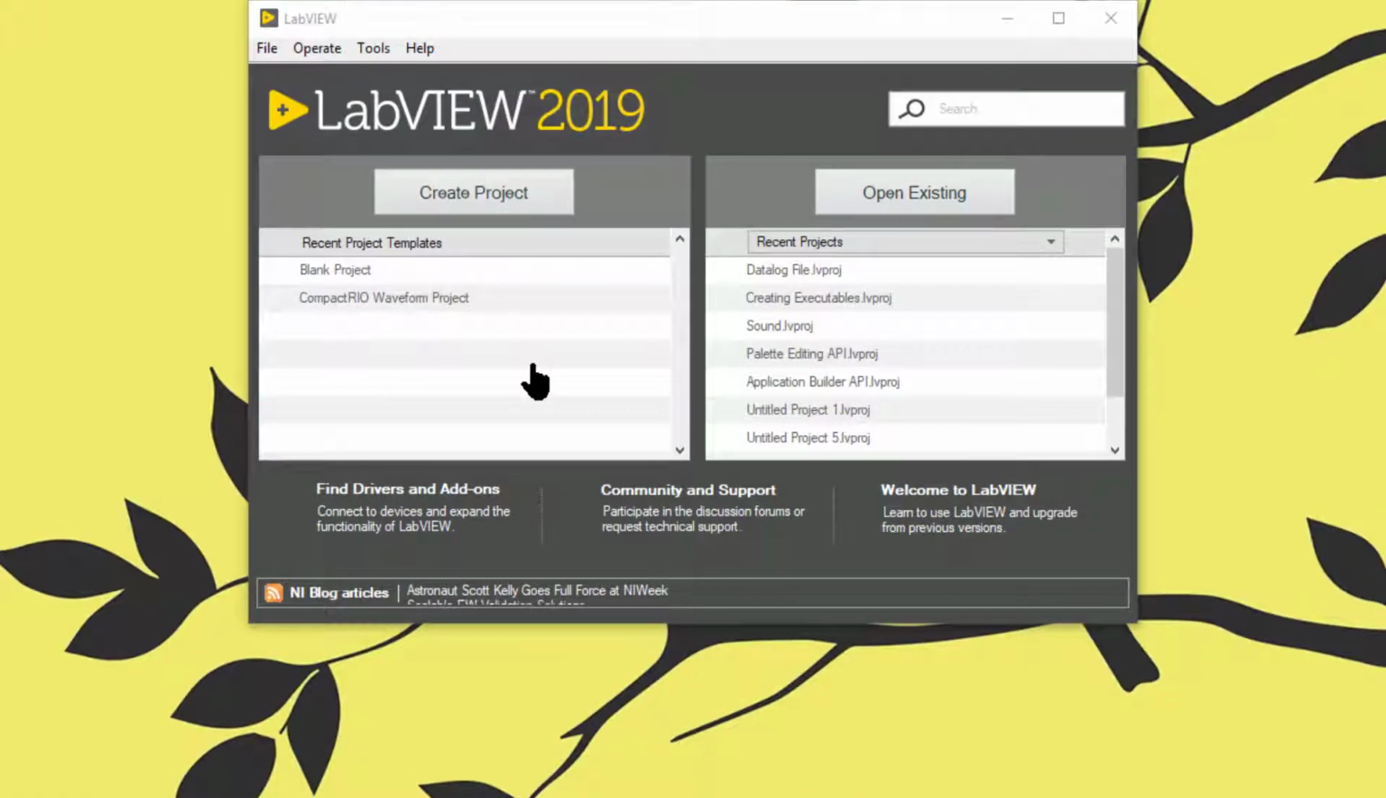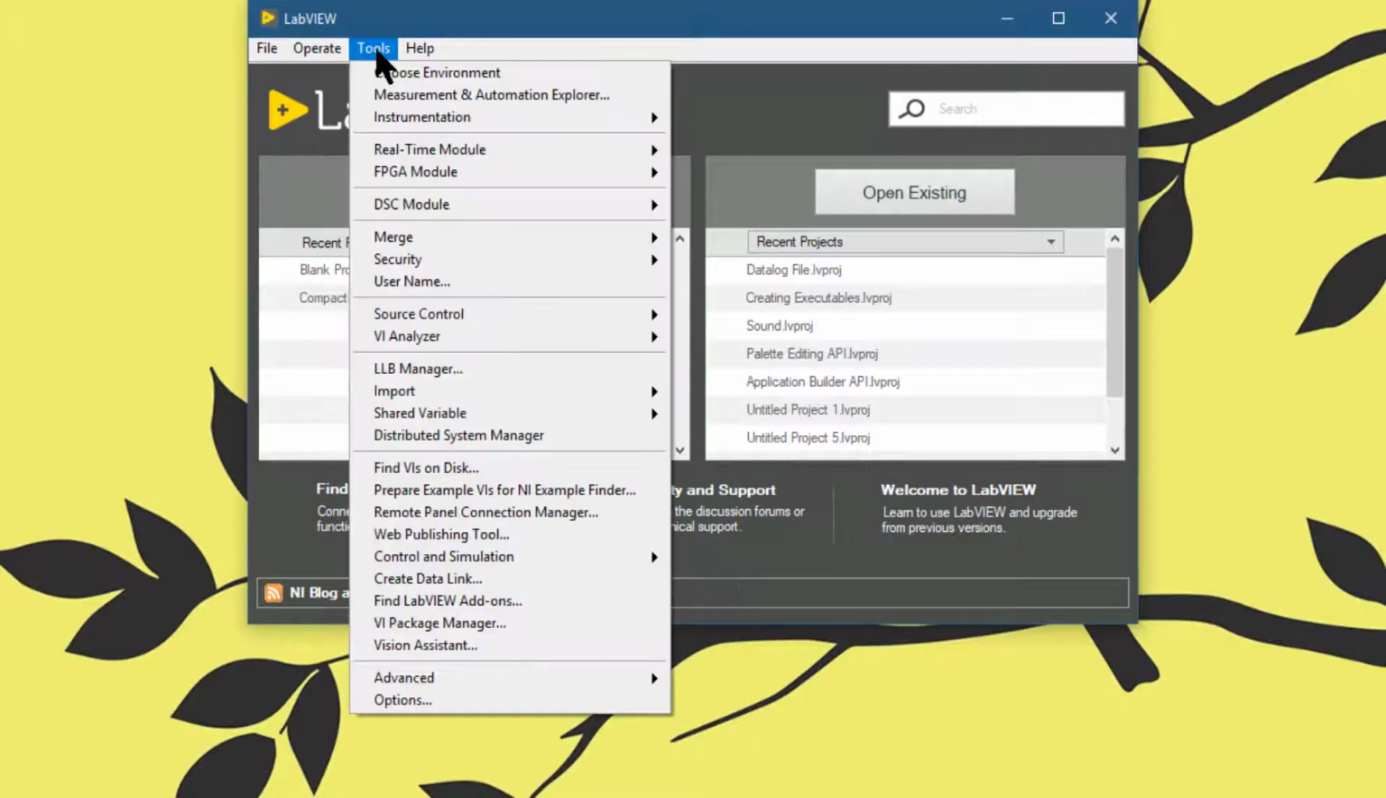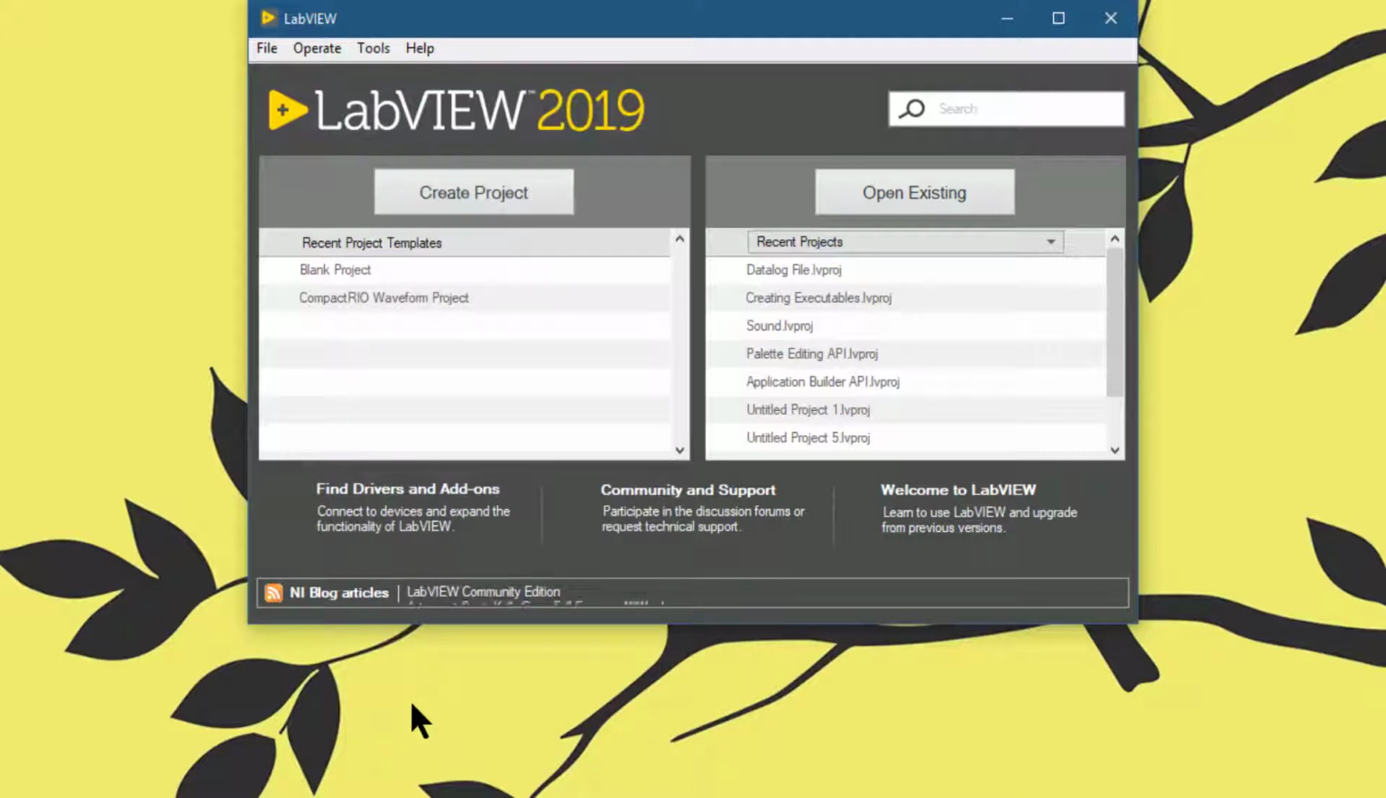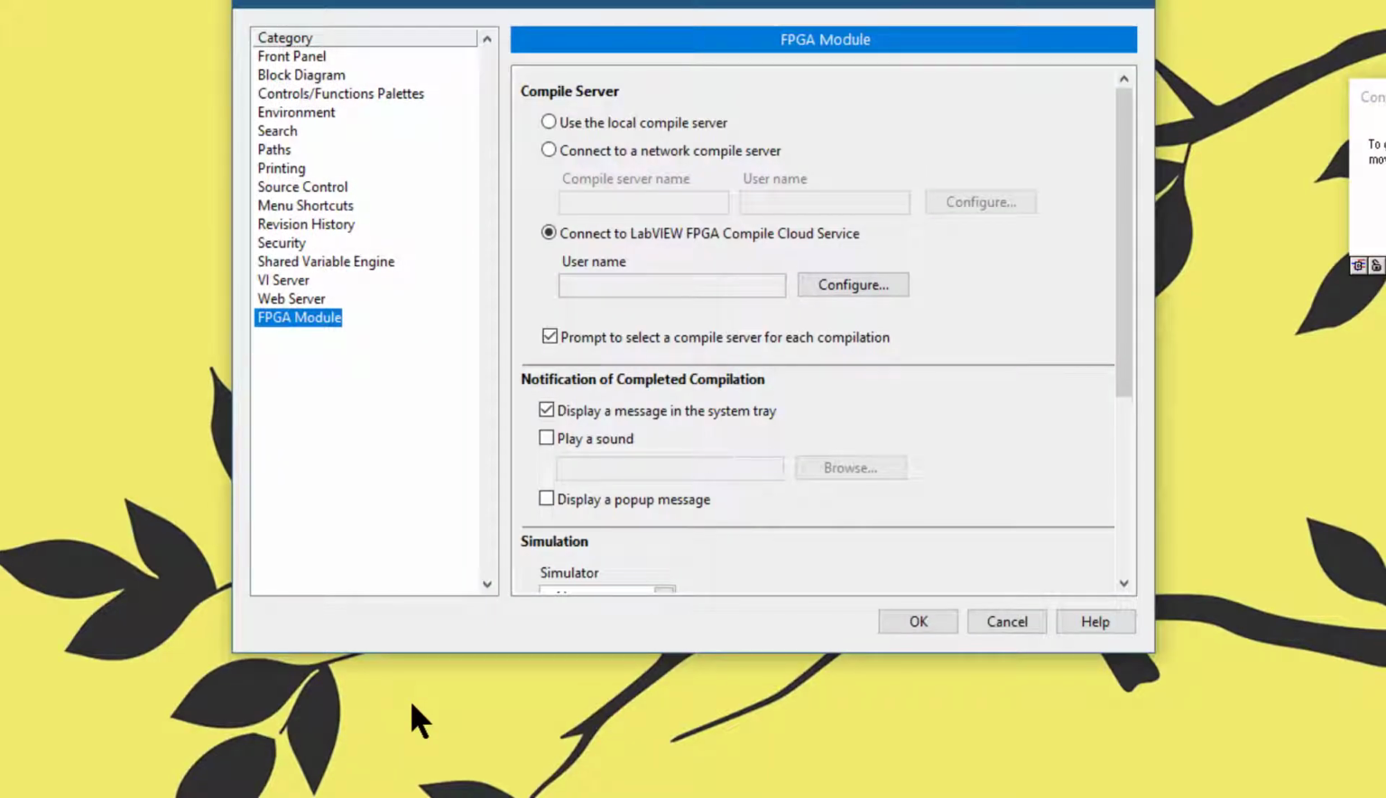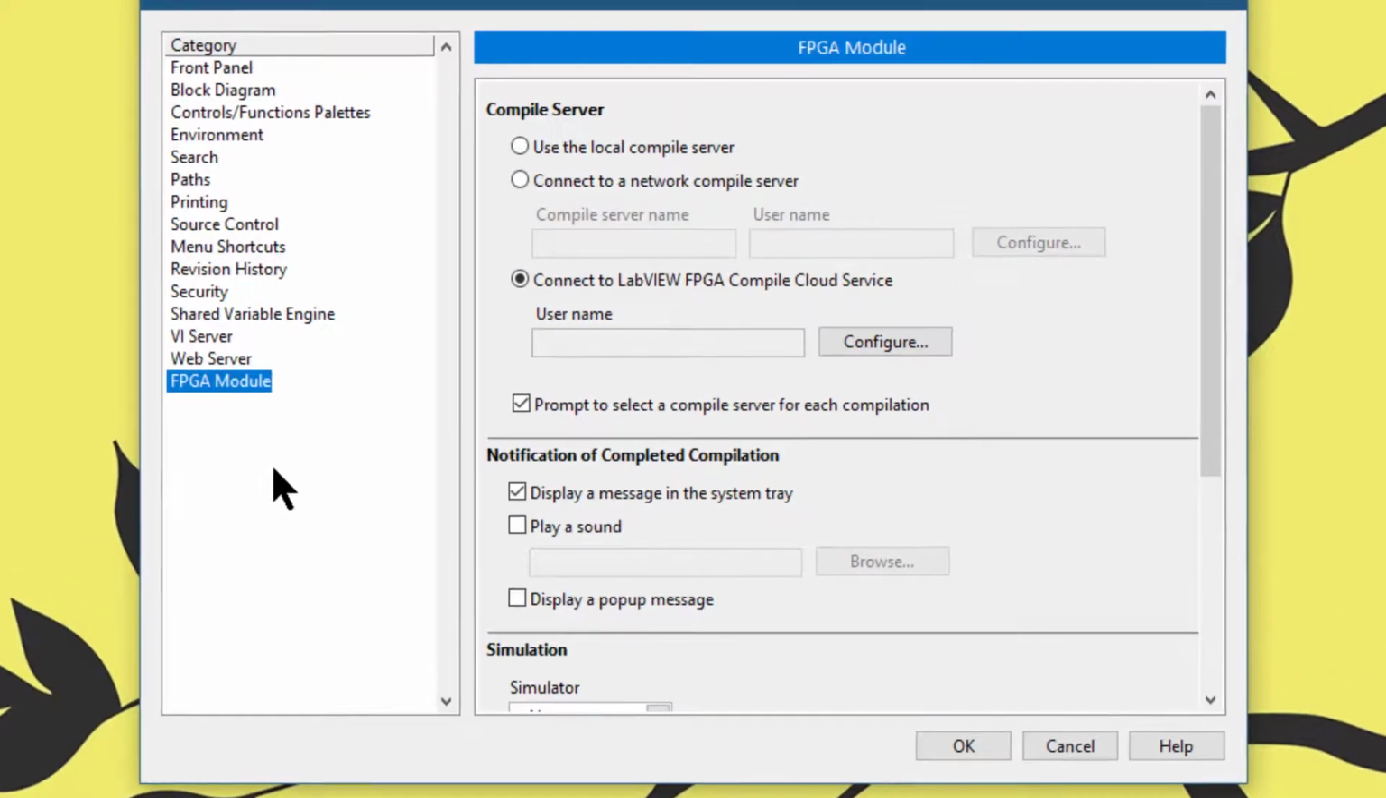To customize keyboard shortcuts for edit time menu items, let's follow these steps. Let's go to the Tools menu, then select Options, then wait for the Options dialog box to appear. From the Categories section, go to Menu Shortcuts,